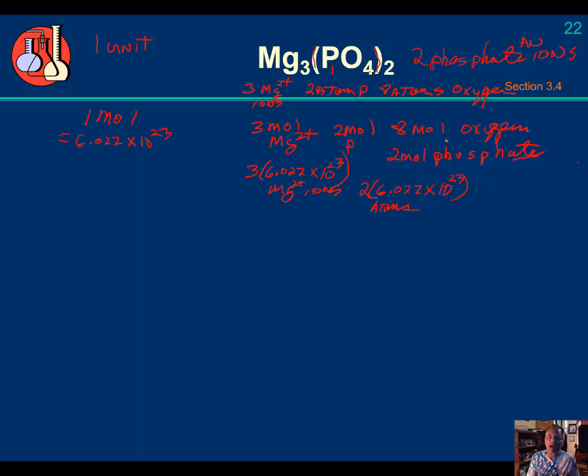And if I have 8 moles of oxygen, that means I have 8 times 6.022 times 10 to the 23rd oxygen atoms. And finally, if I have 1 mole of magnesium phosphate, I have 2 moles of phosphate, and that means I have 2 times 6.022 times 10 to the 23rd phosphate